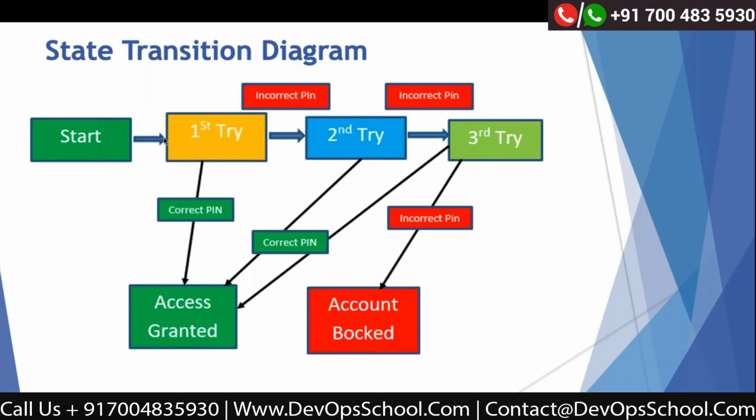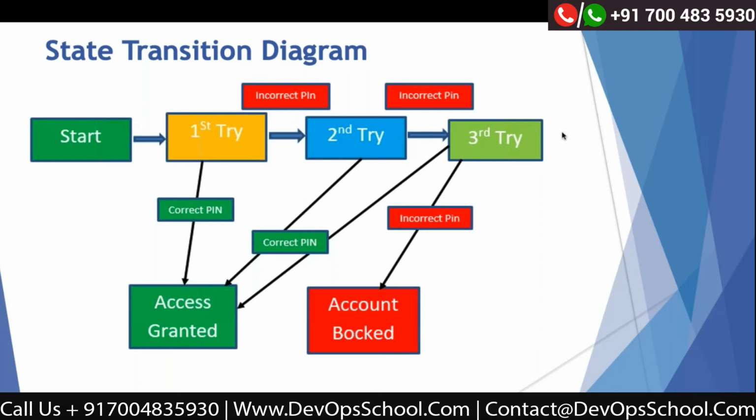For example, the first time you have used an incorrect pin and the second time you have used a valid pin, then you can have access to the application, right? I'm repeating again, second scenario: the second time I have used a valid pin, so the first time I used an invalid pin. So I can access. In the other way, if I use an incorrect pin again, it will move to the third try. In the third try, there are no options available.